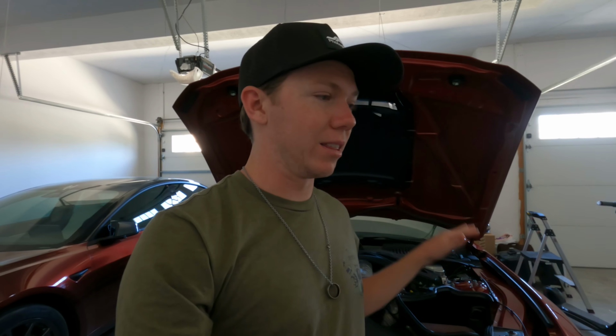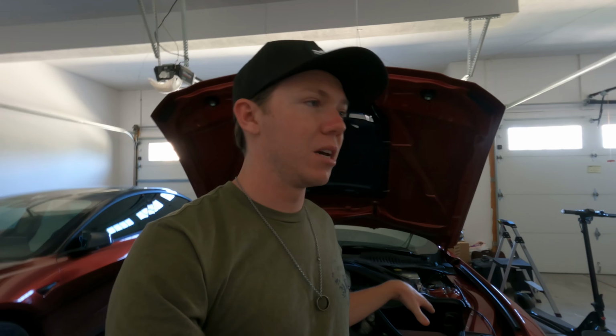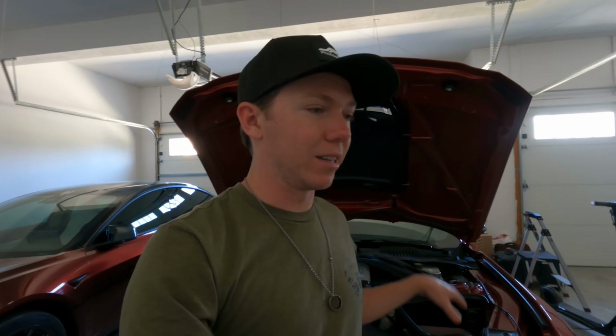So I don't know if you'll catch that on video, but I was noticing that. Obviously, I love where the car is at. I think it's perfect the way it is. Like I said, 840 to the wheel on 91 octane with the current setup. Honestly, I think all I really want to do from here is get some Mickey Streets, some ETRs, and then